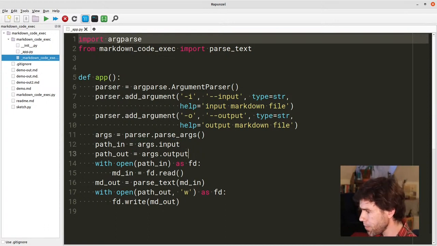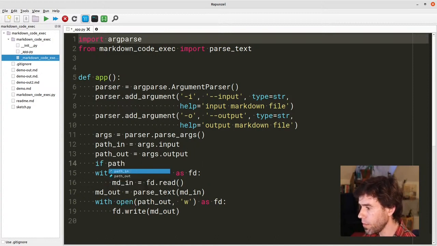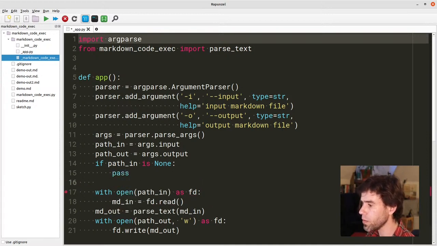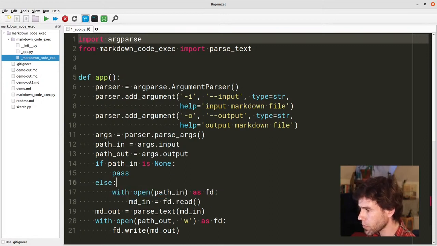So we can say if path in is None, then we're going to read from the standard input, else we're going to read from the file. All right, so here we didn't specify an input, so we need to read from the standard input. How do you do that? Well, there are a few ways to do it, but basically